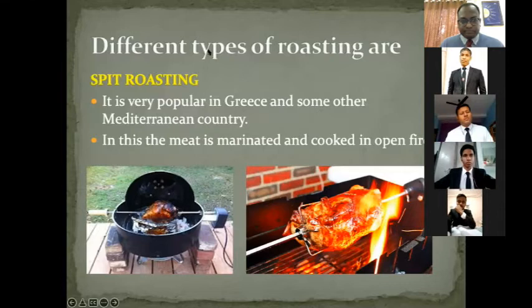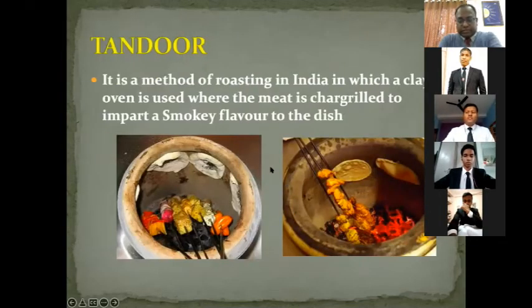Apart from spit roasting, the next type of roasting is tandoor. Now, we got tandoor from Persia. Tandoor is not indigenous to India, but it is a method which was made very famous in the Indian subcontinent. So in India, Pakistan, Bangladesh, you'll find that this method of cooking became very famous. Why? Because